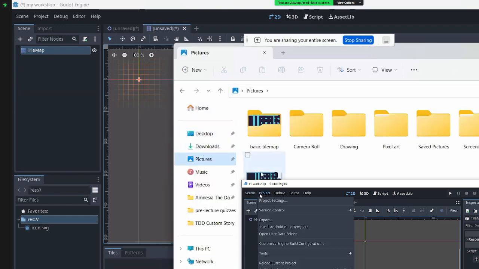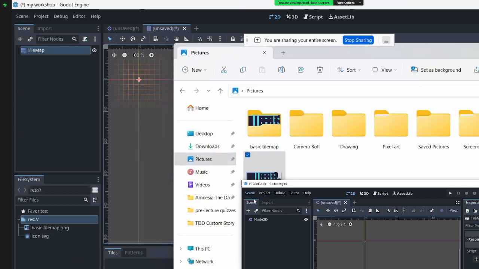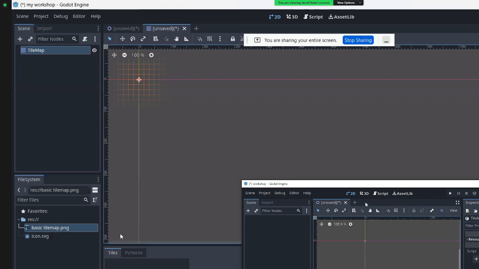Wherever you have it downloaded, just drag it and drop it to the file system over here. And now you should have it. But in order to use it, you need to,